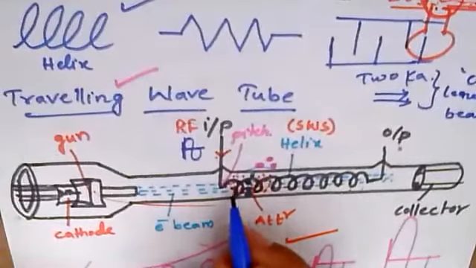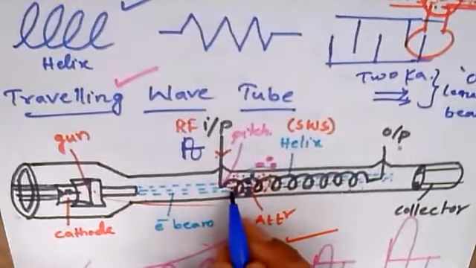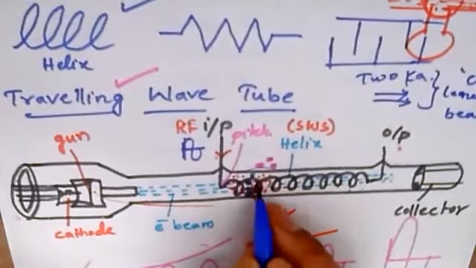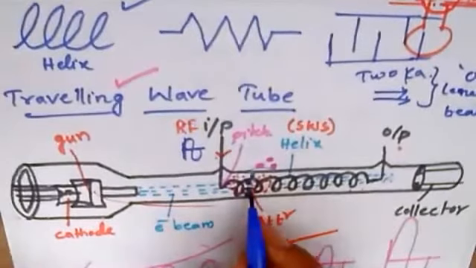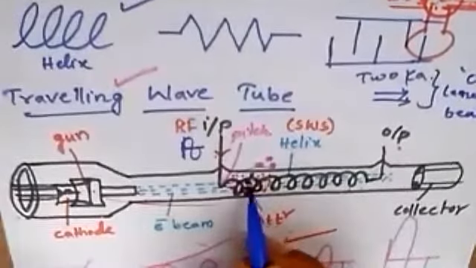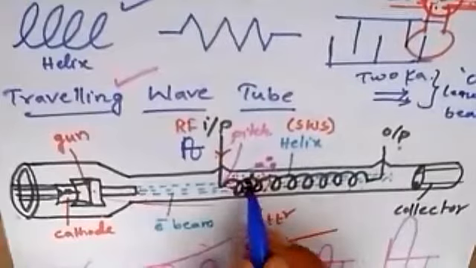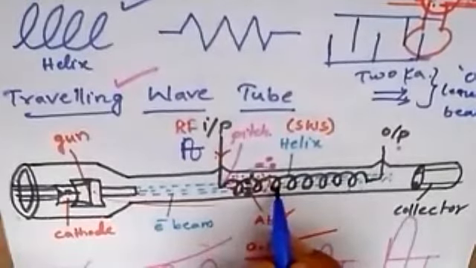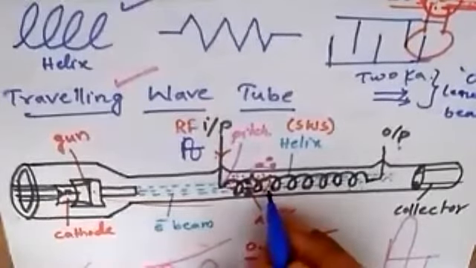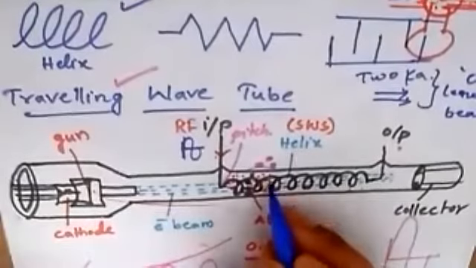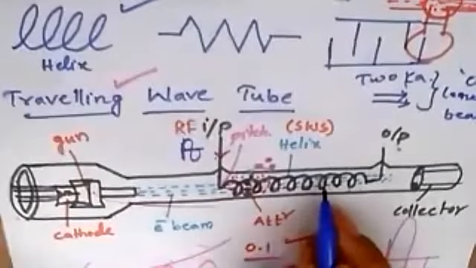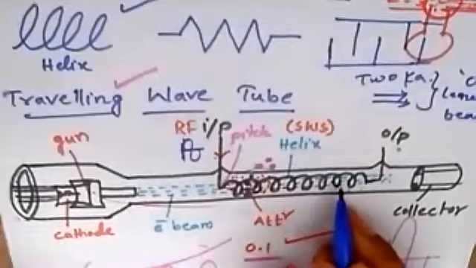They form a bunch. Initially small bunches are formed at the first turn. When they move to the second turn, the retarded RF field of the second turn once again interacts with the bunches formed from the first turn, so that the bunch size increases, and they move to the third turn. Once again the retarded RF field interacts with the bunches obtained from the second turn, so that the bunch size gradually increases. So as it moves from one turn to the next, the size of the bunches gradually increases.